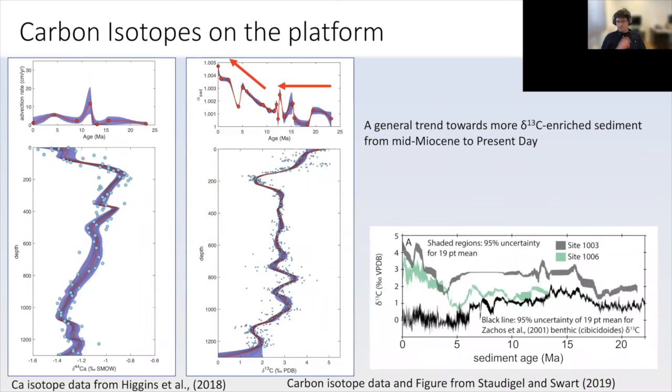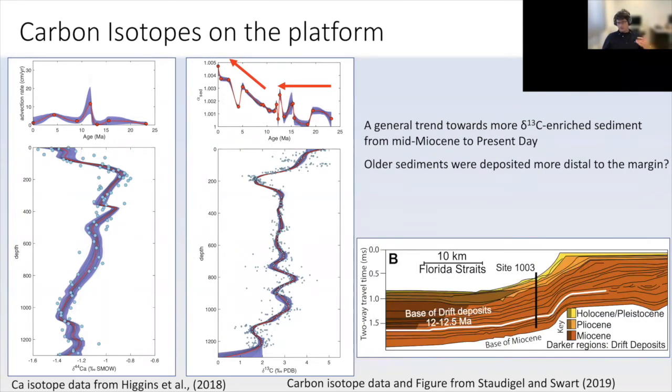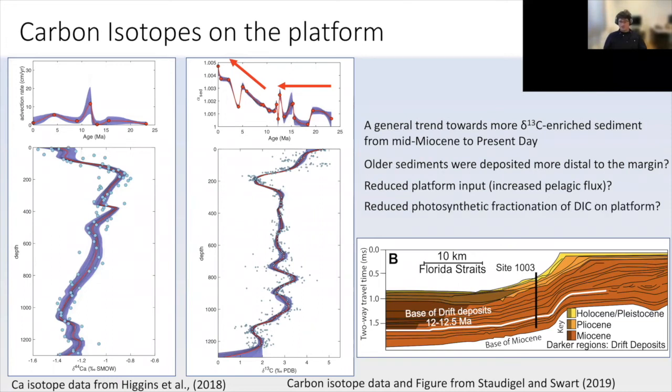So you have in the early Miocene, the carbon isotopes were fairly consistently fractionated relative to seawater. And then at about this 10 to 12 million year transition period, you start to see an increase in the fractionation of carbon isotopes. And so this could be any number of systems. So these older sediments were deposited more distal to the margin, which could be just effectively reducing the input of platform-derived sediment. But also this could reflect an evolution on the platform top itself, because if the platform is smaller